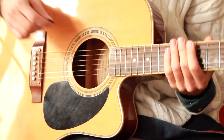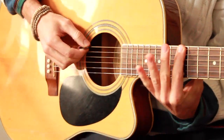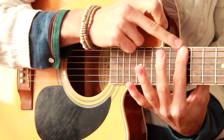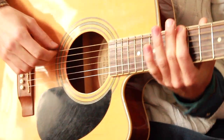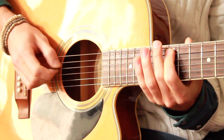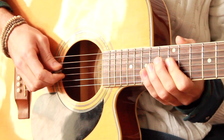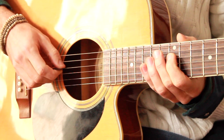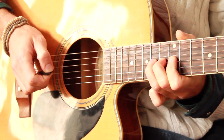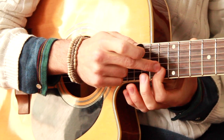Alright. And we get to the last position. We have to start on fret number 12 with this finger. Now we go to fret number 15. On the A string it's the same. On the D string it's fret number 12, fret number 14. On the G string it's the same. And here we have to move 1 fret up